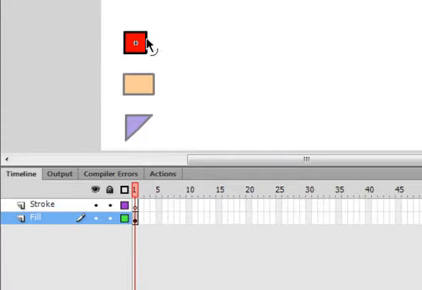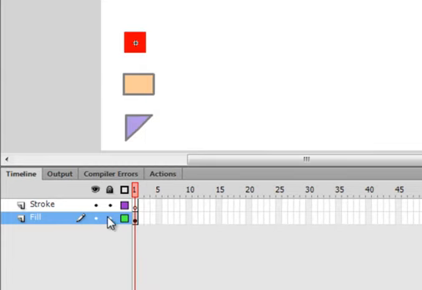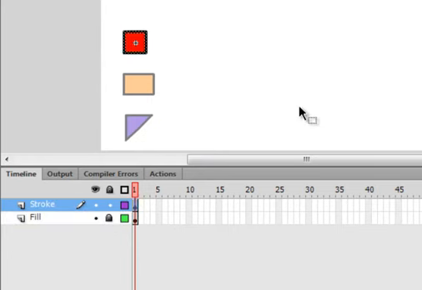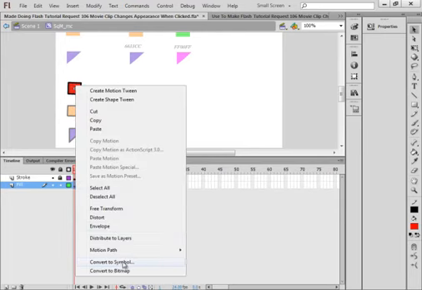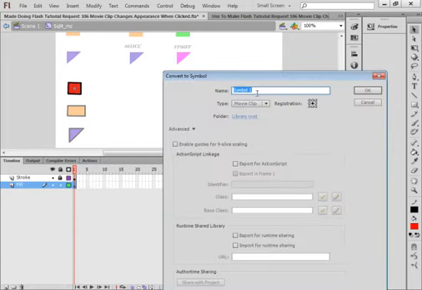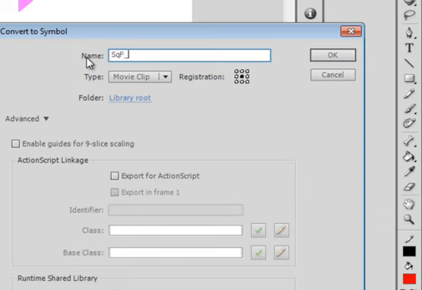Now, go to this layer here. Double click so you just highlight the stroke and not the fill. Get those crosshairs, right click, cut that. Lock that layer, select frame 1 of the stroke layer, right click, paste in place. Lock the stroke layer, unlock the fill layer, select frame 1, click on it and it turns all fuzzy, right click, convert it to a symbol, call it square, SQ capital F as in fill, shift underscore MC,